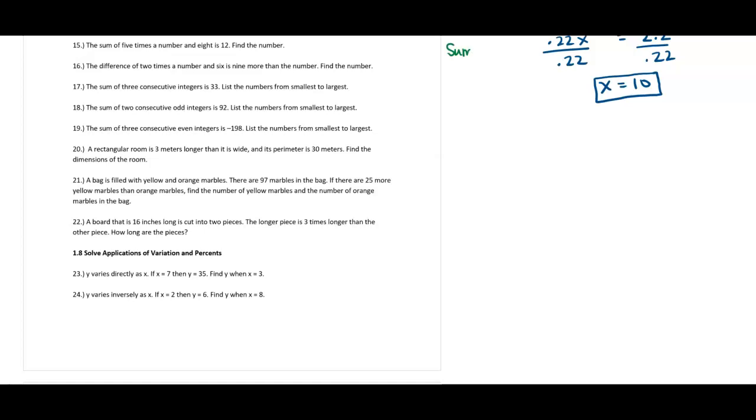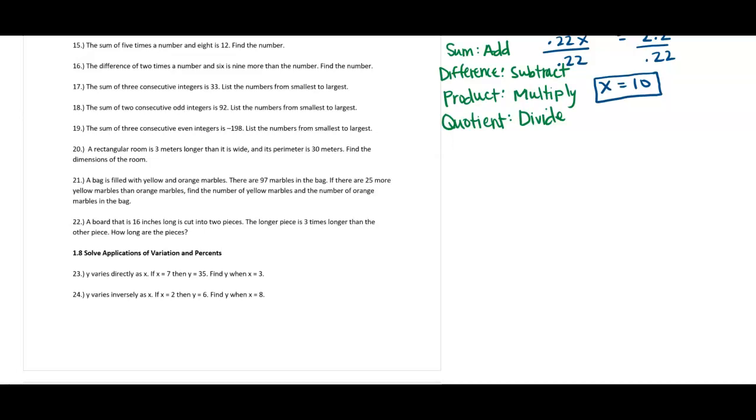So remember, sum means addition, right? Difference means subtraction. Product means multiply. And quotient, that weird word, quotient, means divide. All right, so sometimes they're using these words and you just need to make sure, like in a story problem, that you know whether that is talking about add, subtract, multiply, or divide, depending on what you're given there. Okay, so